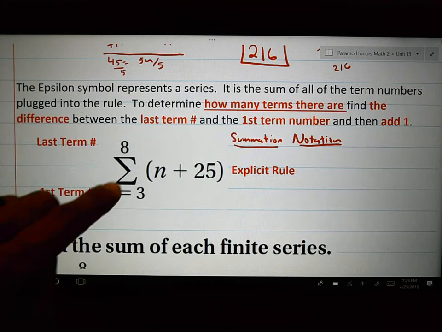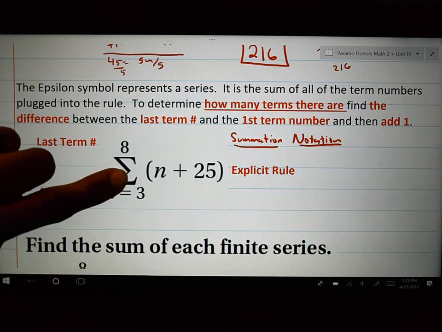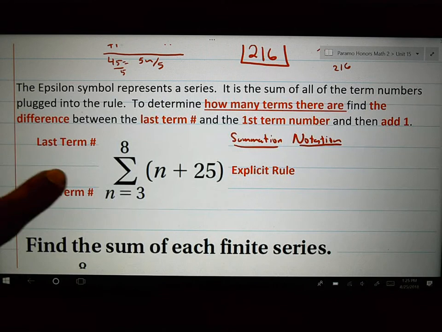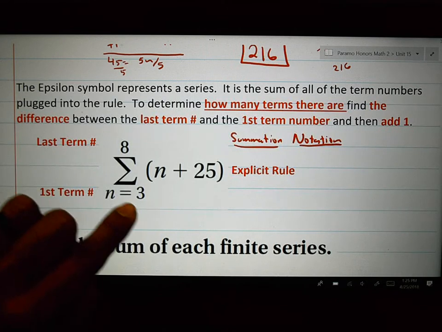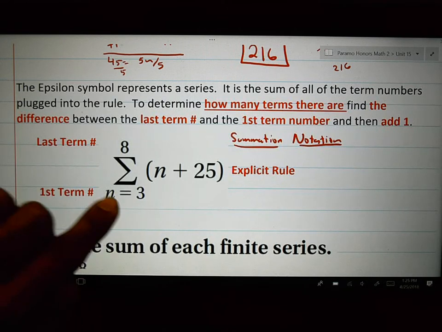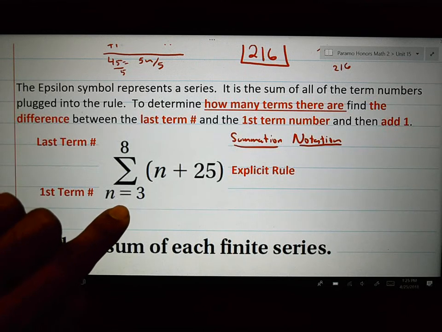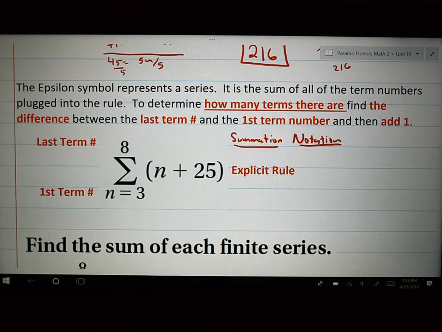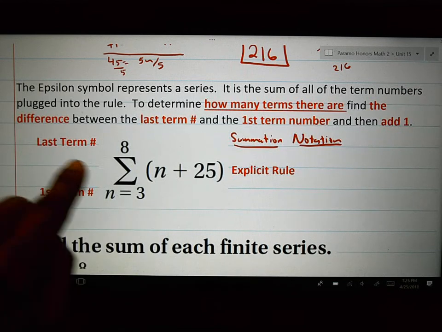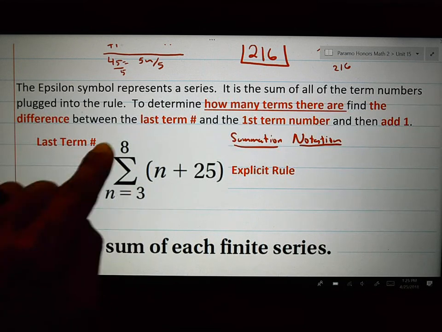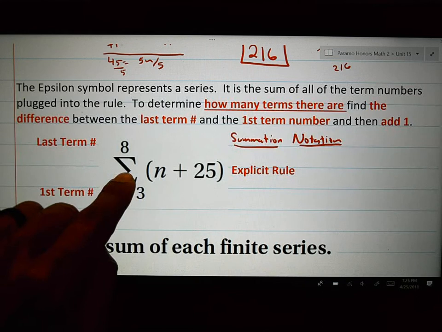So this is an epsilon symbol. It represents a series. It's the sum of all terms plugged into the rule. So this is your first term number. The bottom number is your first term number, meaning we're starting with the number 3. What I mean by starting with number 3 is you plug in the third term. It's not necessarily the third term's value. The last term is 8. That's the last term's value, and we're going to add up from 3 plugged in, 4 plugged in, 5 plugged